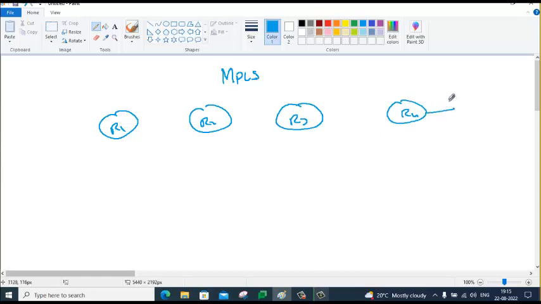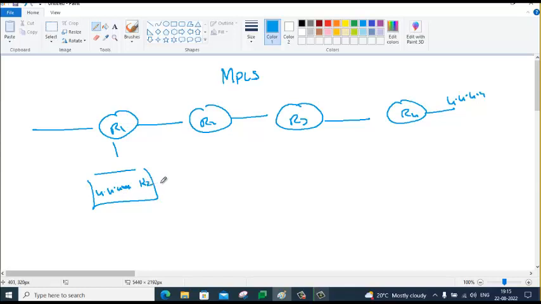Let's say, for example, we got 4.4.4.4 advertised by OSPF, and router 1 learns 4.4.4.4 in its routing table. According to router 1, it has to send to router 2, and likewise